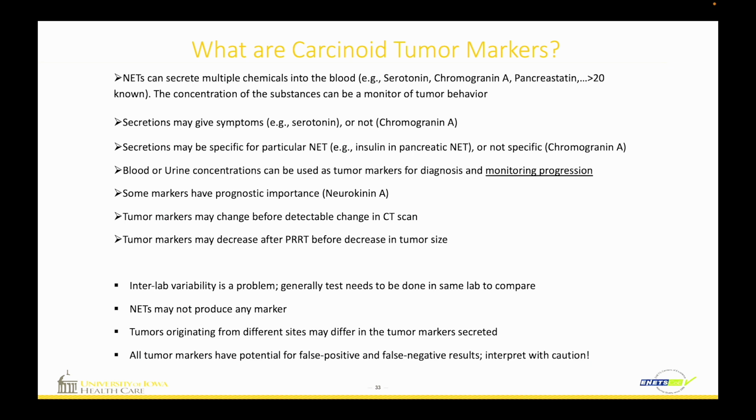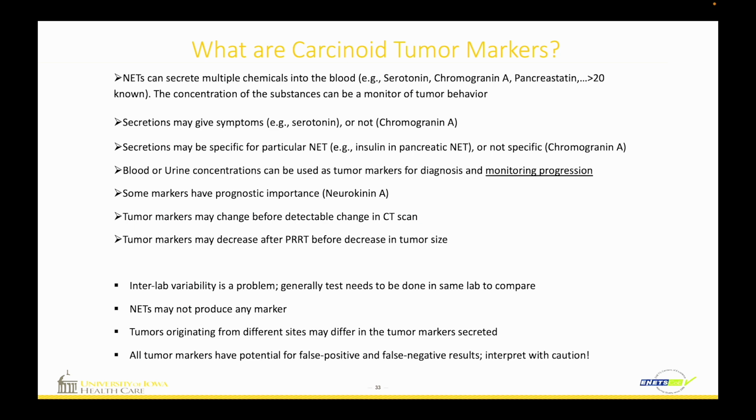So neuroendocrine tumors make chemicals, a whole bunch of them, more than 20 of them. We can measure these chemicals in the bloodstream or the urine, and that tells us something about the behavior of the tumor. Higher levels of those chemicals, higher aggressiveness of the tumor. Some of those chemicals, like serotonin, actually cause symptoms. Others, people can have chromogranins that are 100-fold elevated and don't have symptoms because of the chromogranin. They may have symptoms because of the size of the tumor.